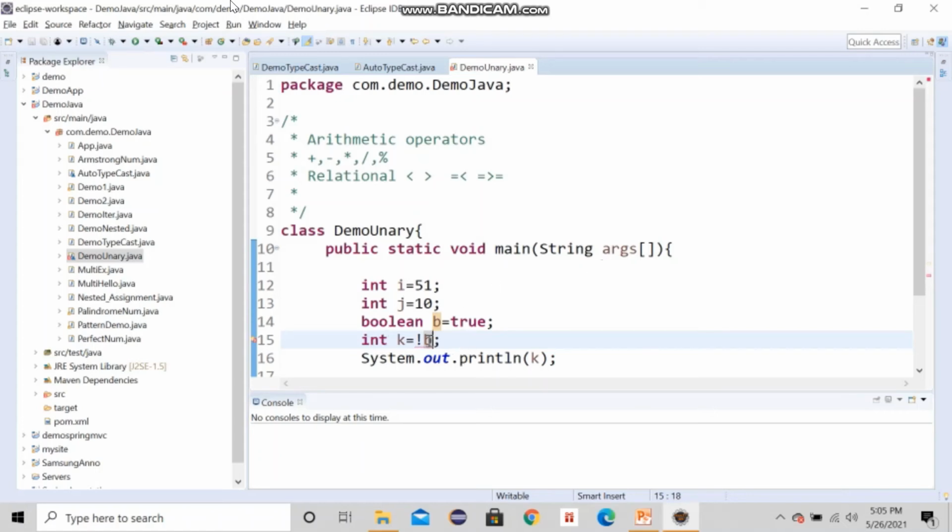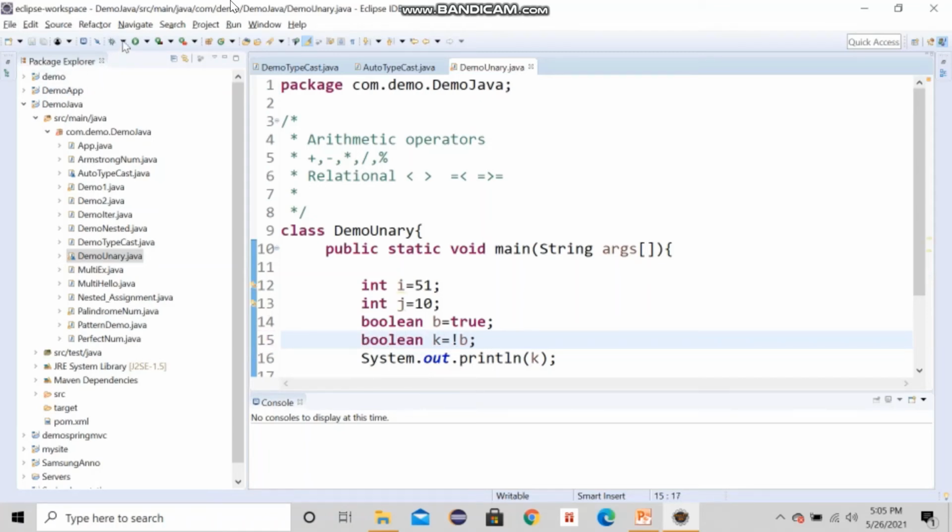It's showing some error, boolean to int type, because k has to be taken as boolean.